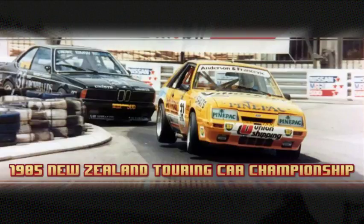Hello and welcome to round 5 of the New Zealand Touring Car Championship 1985 edition here at HSO, where we're coming to you tonight from Ruapuna Park, or Powerbuilt Raceway, or now I can't remember the most modern name for the circuit, so my apologies, but anyway, we're in New Zealand as the name suggests for the championship, and this track is located just outside Christchurch on the southern island of New Zealand, a 3.3k circuit,